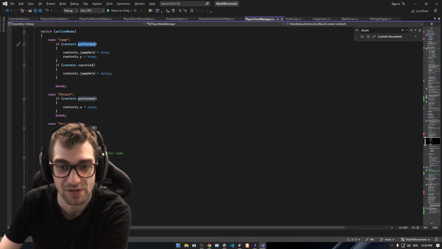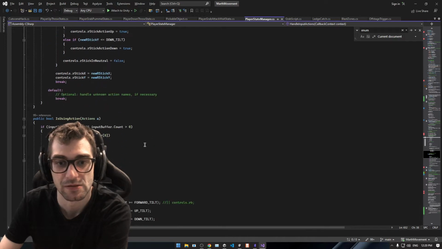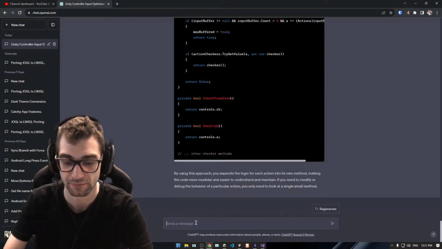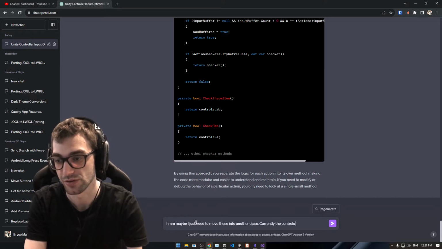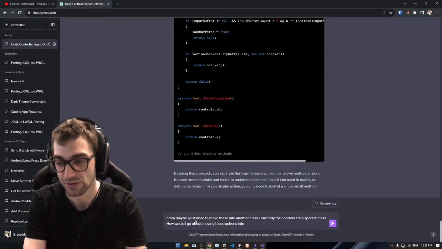Forget what that means. Context.performed is like the button goes down, I think, something like that. Maybe I just need to move these into another class. Currently, the controls are a separate class. How would I go about moving these actions into